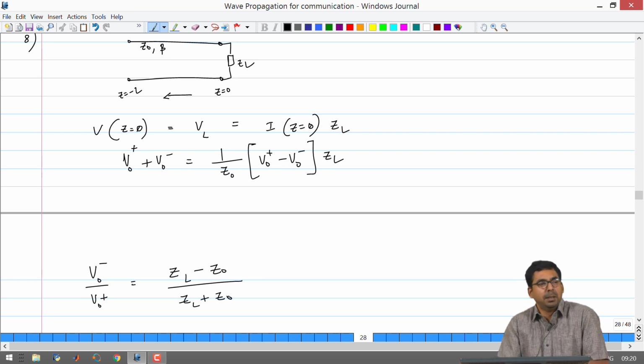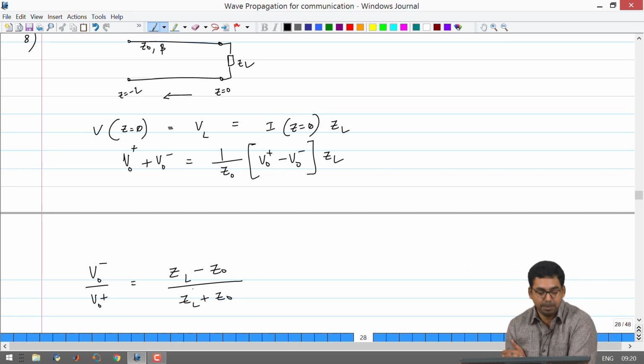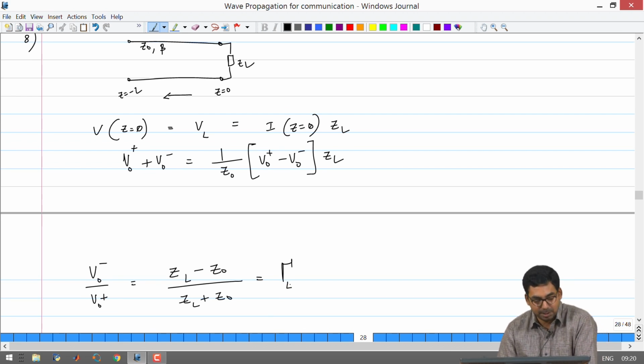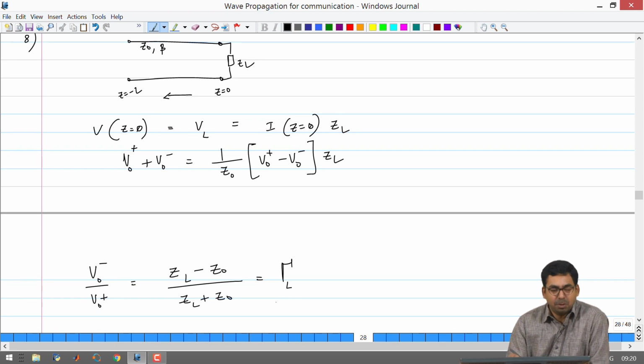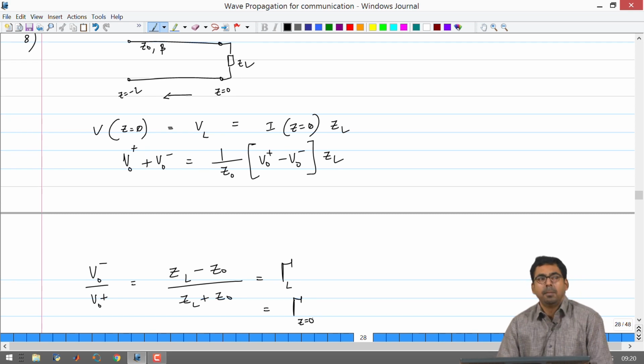This is very similar to the reflection coefficient that you got for the DC excitation. There it was RL minus RC divided by RL plus RC in our lectures. Here it is simply ZL minus Z naught by ZL plus Z naught, and we will call this gamma. To say that it is gamma at the position of the load, we just add the suffix L to say that it is a load. Sometimes these conventions can become confusing, especially when you have the length marked as minus L and all that. So it is okay to be very specific; you can always say gamma at the load.